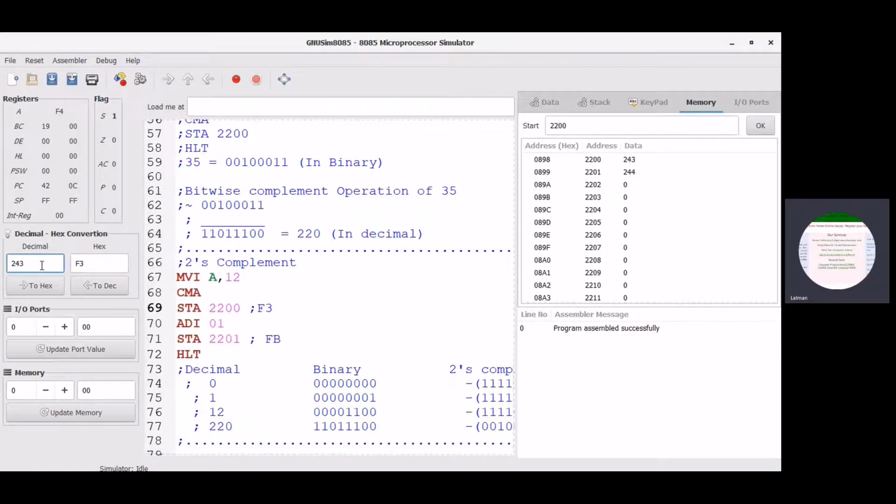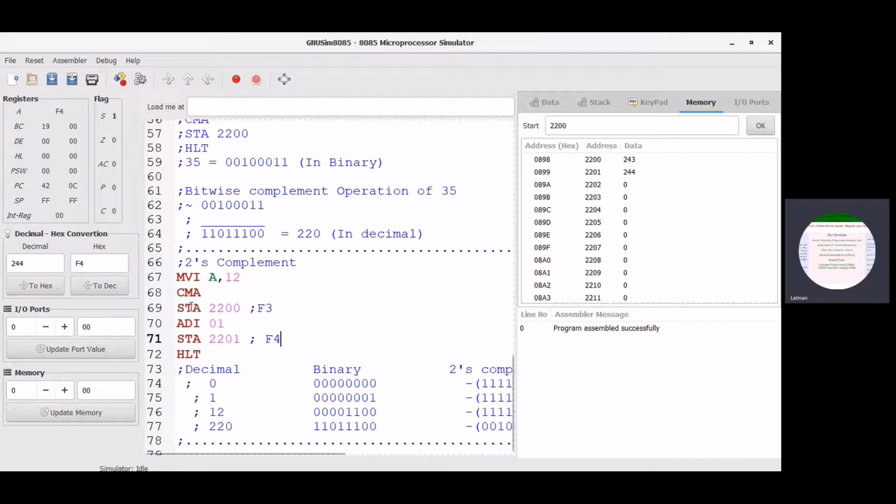Now convert 244. See what the hexadecimal value will be: F4. This becomes F4. So store the F4. This is the hexadecimal equivalent of 243 and 244. Okay. 243 is the ones complement of 12 and 244 is the 2's complement of 12.